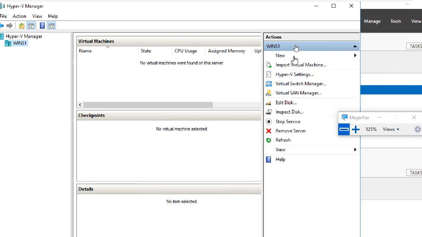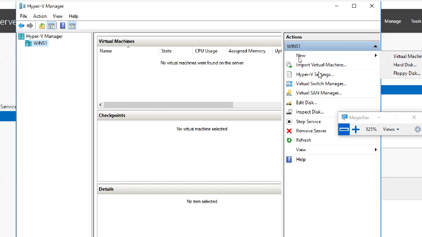These are options to create a new virtual machine, hard disk or floppy disk. Import virtual machine means if someone has exported one, you can import it. This is Hyper-V settings, switch manager, SAN manager, edit virtual disk, inspect, stop service, remove service, refresh.